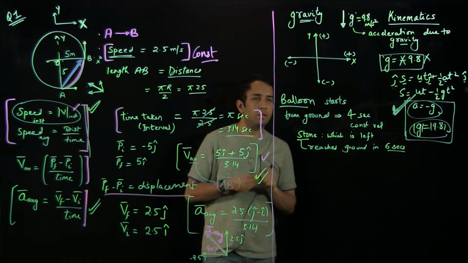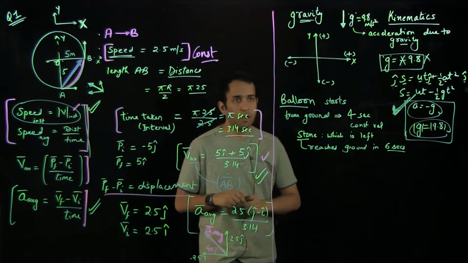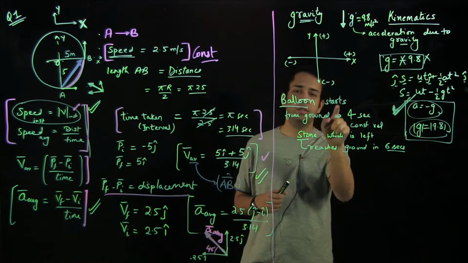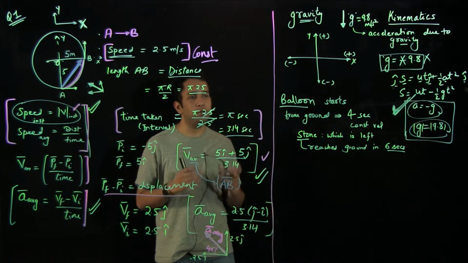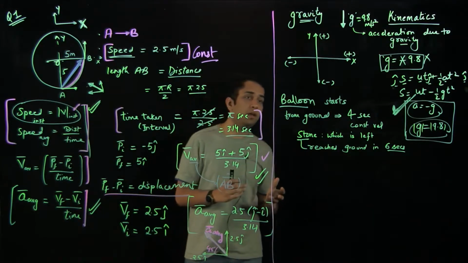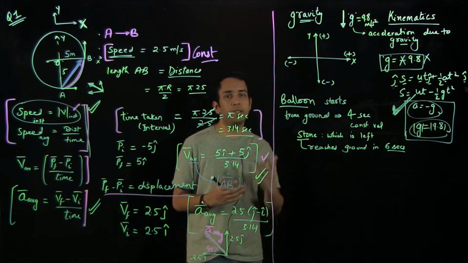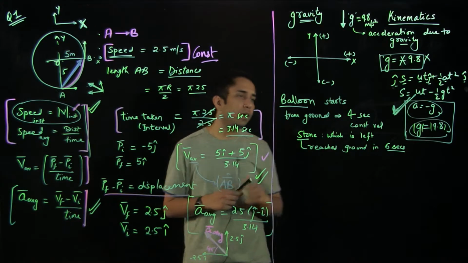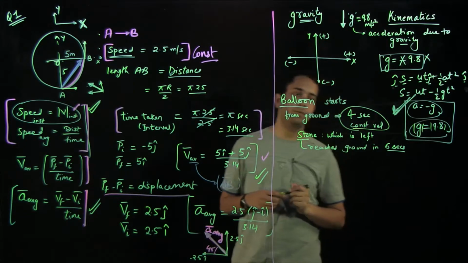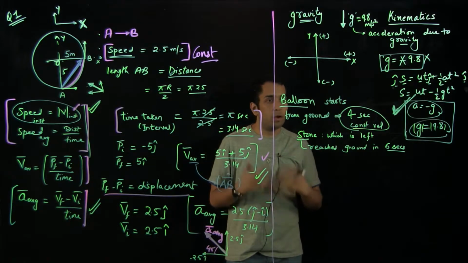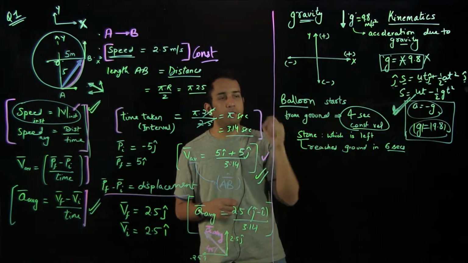So let's consider what is the information that is given to us already in the question. First of all, it says that the balloon starts from the ground. Because anything is starting from the ground in the upward direction, it is moving at a constant velocity and it has a constant velocity to start with. That's why it's able to move in the upward direction against the force of gravity. Other thing is that it was moving with a constant velocity for a time period of 4 seconds. And what happened after 4 seconds? A stone was left in the air from the balloon.